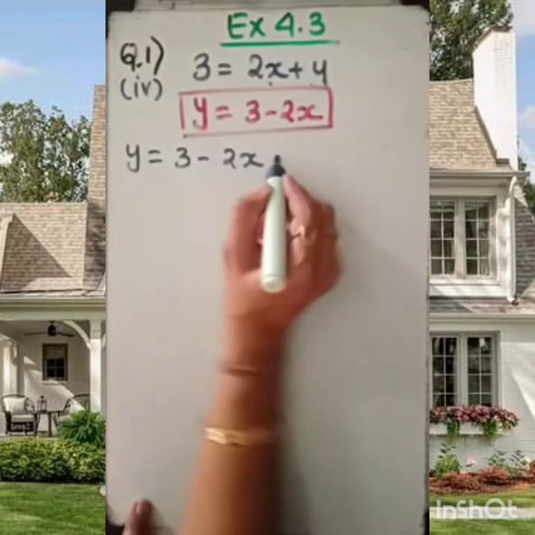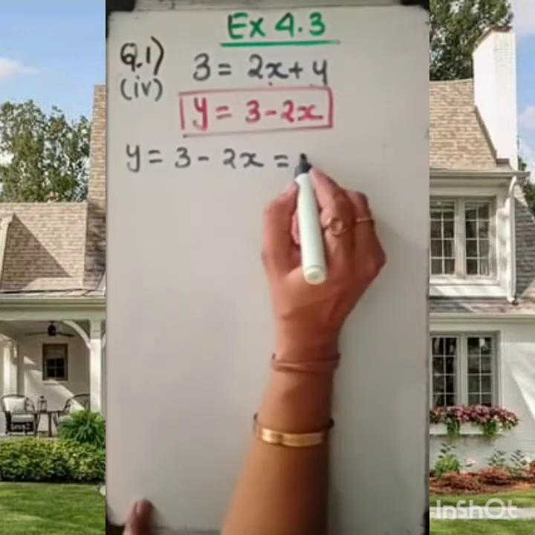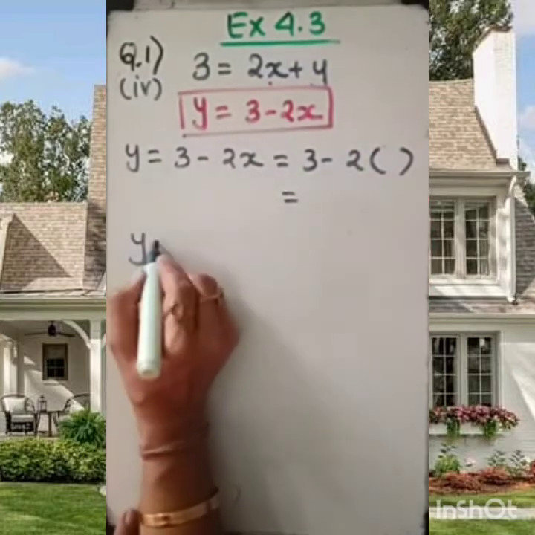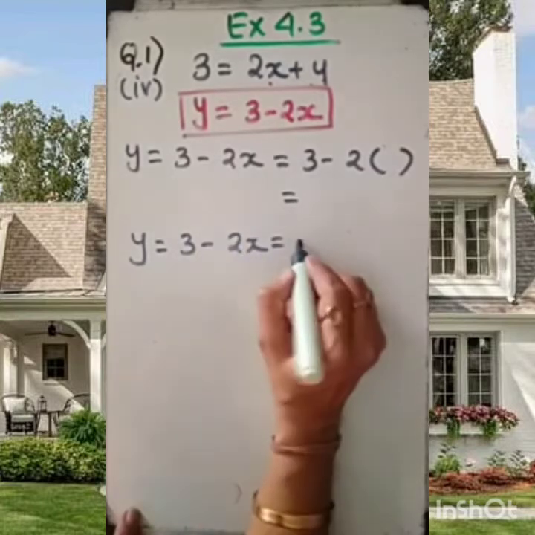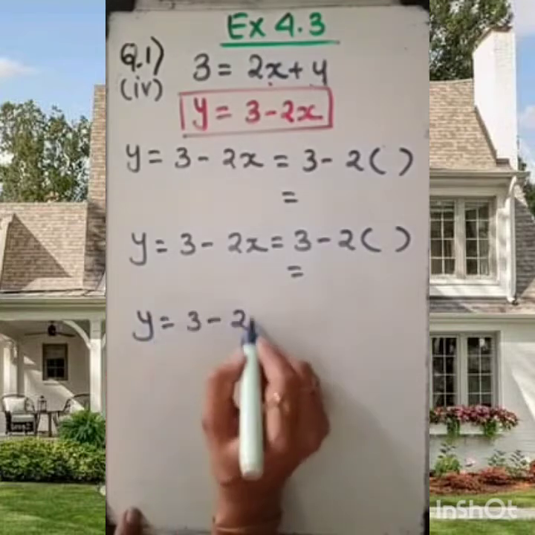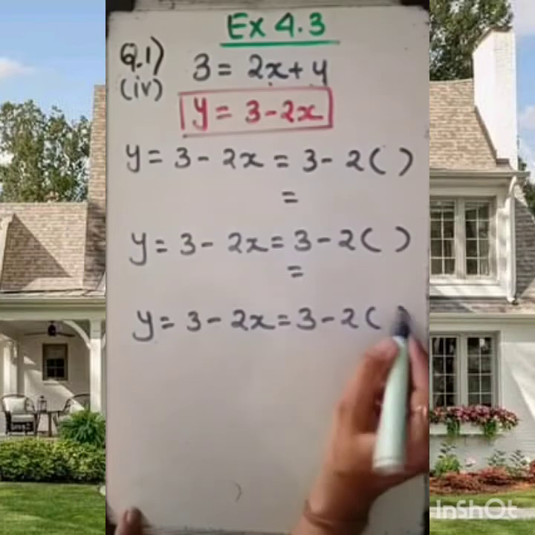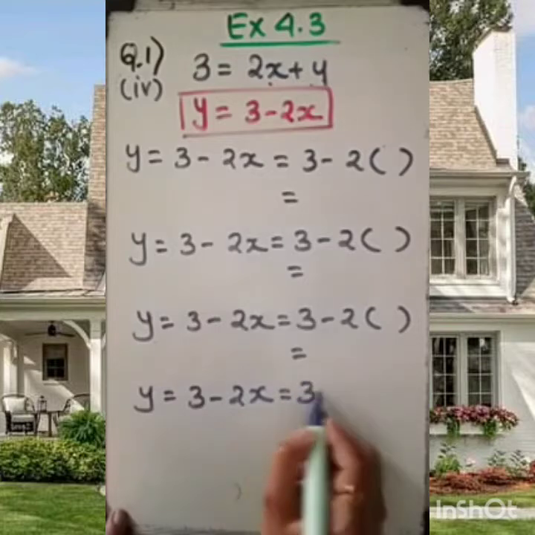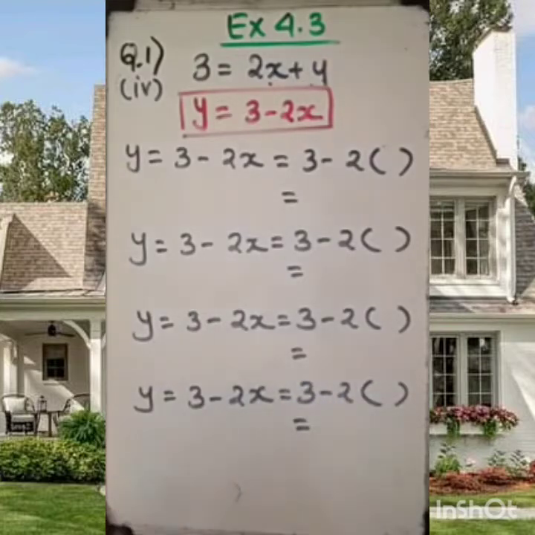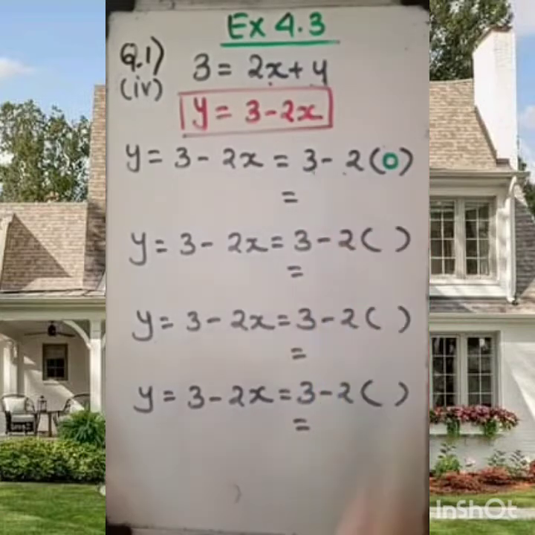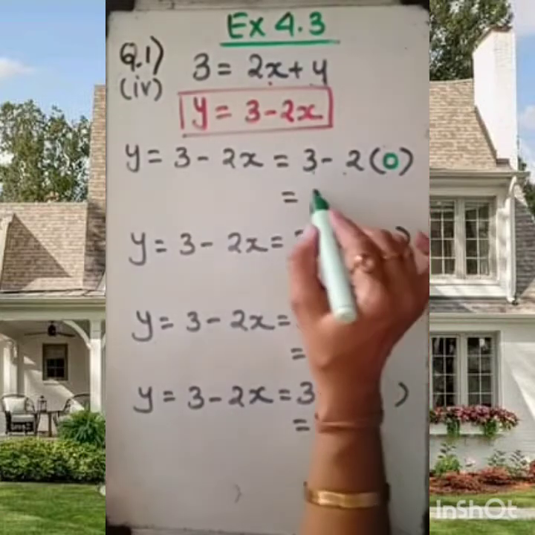This is the equation, and for different values of x, in place of x I will insert something. Then here 3 minus 2x, 3 minus 2. Think about which value we want to go with. Any value which you feel comfortable to choose, you can go with that. Please note down these points. And now I am choosing the value. I would like to go with 0 first. Then 3 minus 2 into 0, 0. 3 minus 0, it will be 3.